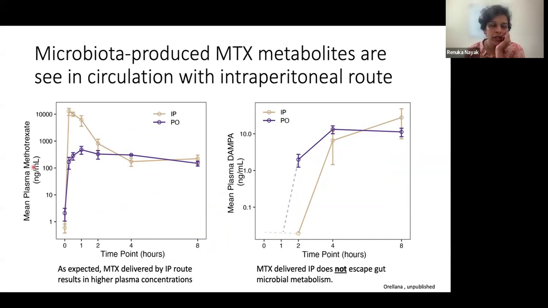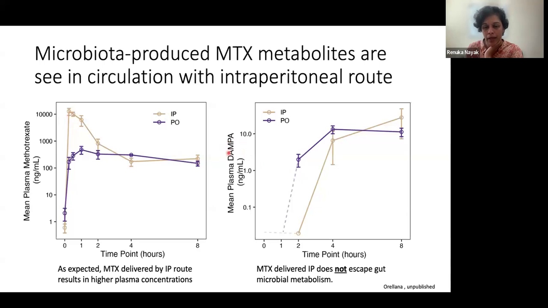when we look at methotrexate, right, in the mice that got intraperitoneal methotrexate, the amount of methotrexate is higher. And that's kind of as expected because the bioavailability of both subcutaneous methotrexate and intraperitoneal methotrexate is higher than oral methotrexate. So this result was as expected, right? There's higher levels of methotrexate in the IP treated group. I think what was not expected was that we saw metabolites even in the mice that got intraperitoneal injection.